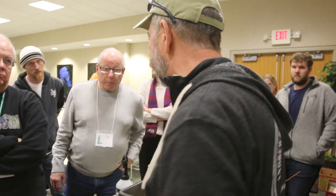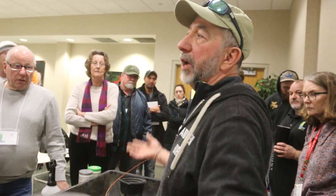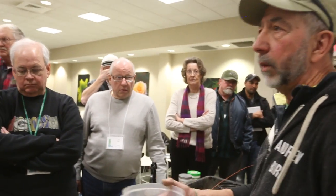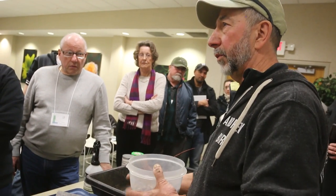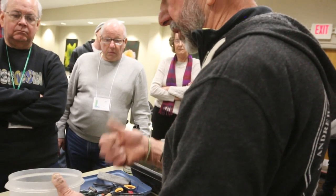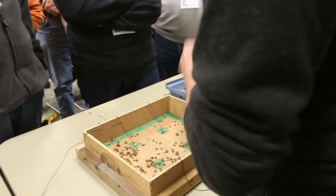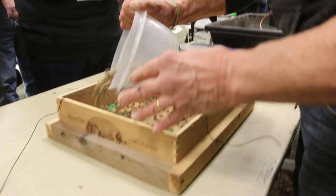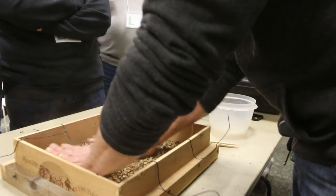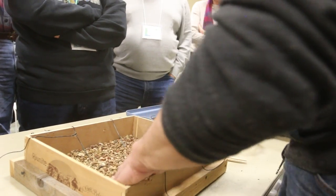I wouldn't put my very best tree in it, although why wouldn't I? I don't really know why I wouldn't. You could use this for any tree. I would tend to use this for something I need to put in a box. I have a lot of students who want to get into using good akadama at a lower rate, and I sell a lot of it. There are three components: lava, pumice, and akadama. This is what my teacher Ryan Neal calls an aeration layer. It's the same soil that I'm using for my fill,